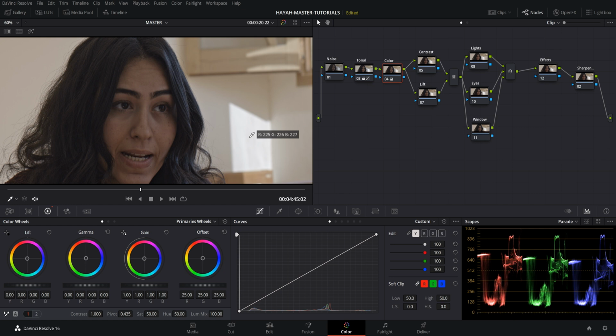So we can see how it has practically the same values of red, green and blue, 225, 226, okay? And the rest of the scene obviously has adapted to that. Now, is this always the right thing to do? No,